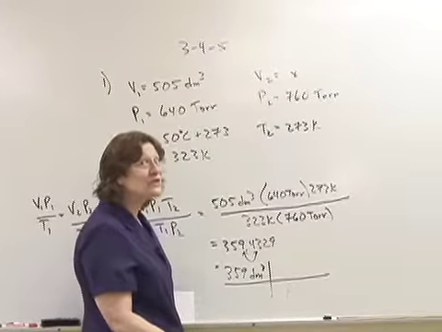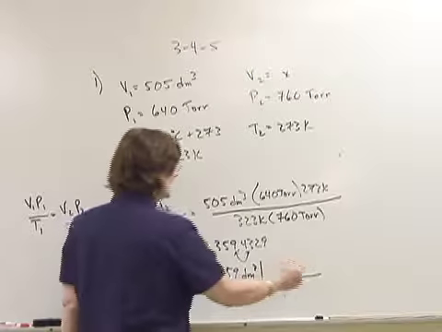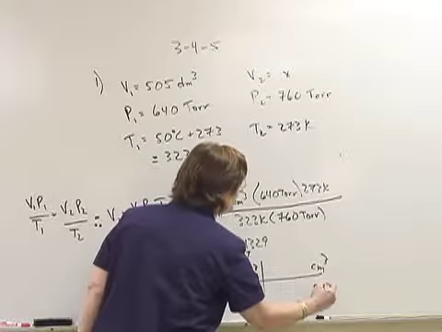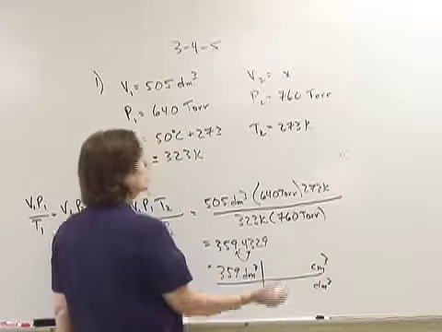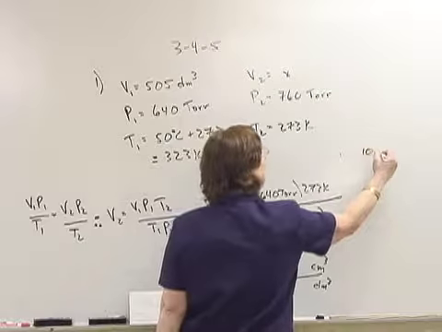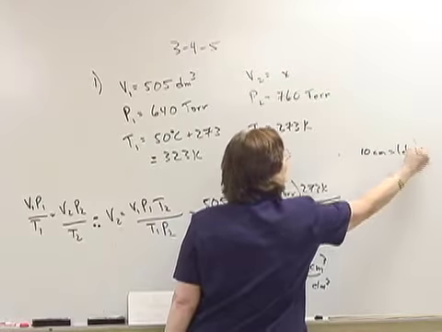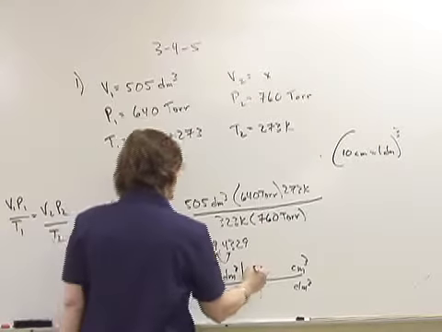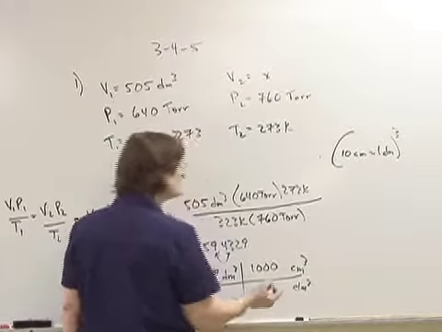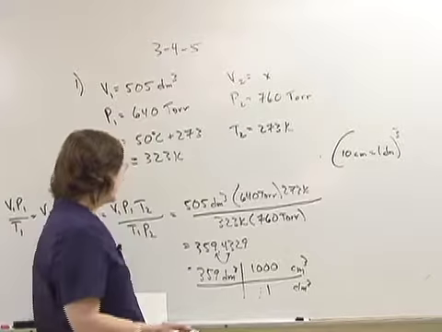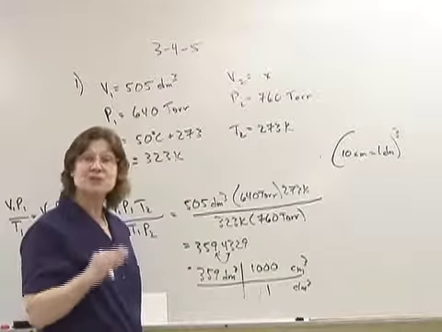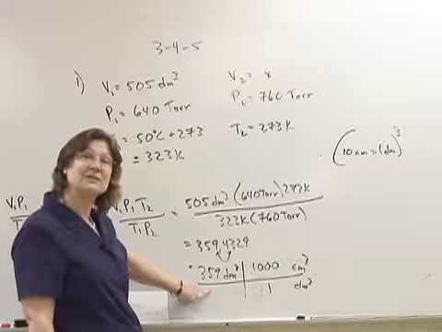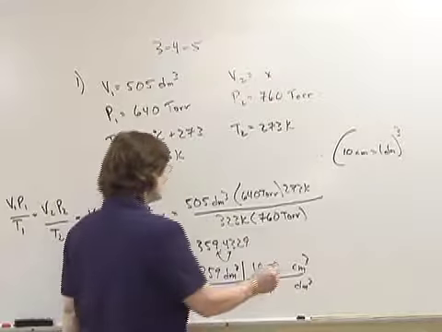Then I have a little conversion that I need to practice. Centimeters cubed is what I'm looking for, and decimeters cubed is what I am given. We know that there are 10 centimeters in 1 decimeter, and therefore, when I cube 10, I get 1,000. There are 1,000 centimeters cubed in 1 decimeter cubed. Whenever I make a conversion, I'm not changing the number of significant digits. That's why I could round it to my number of significant digits first. And therefore, I get